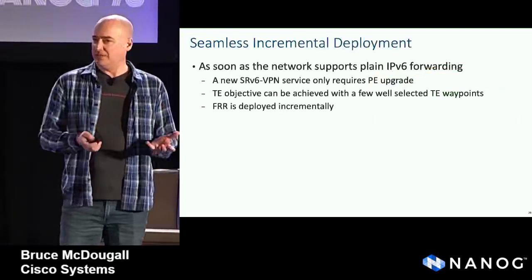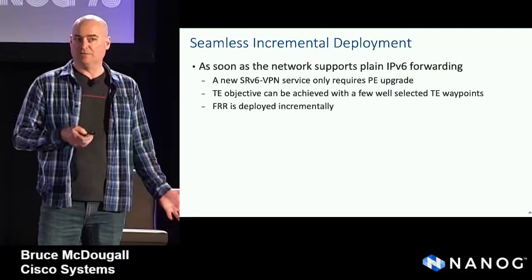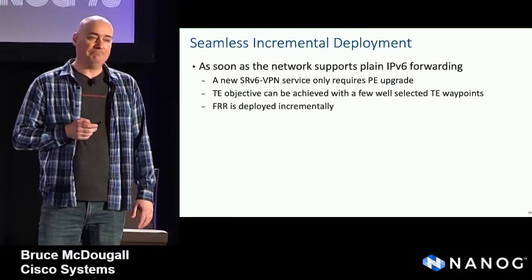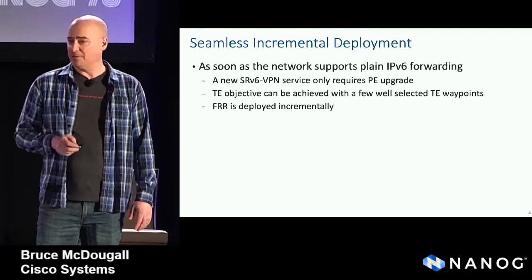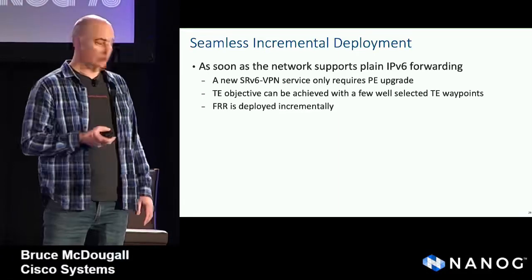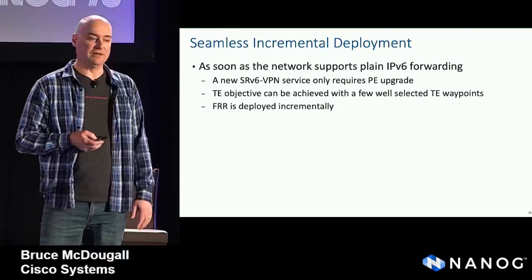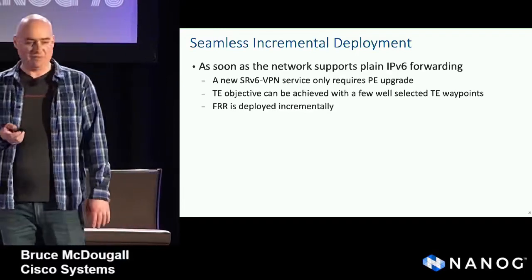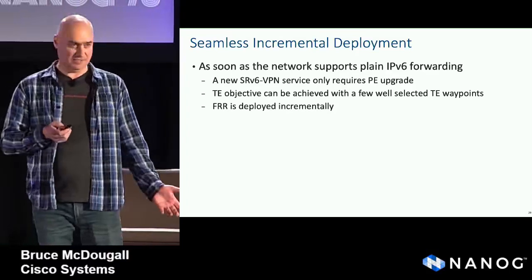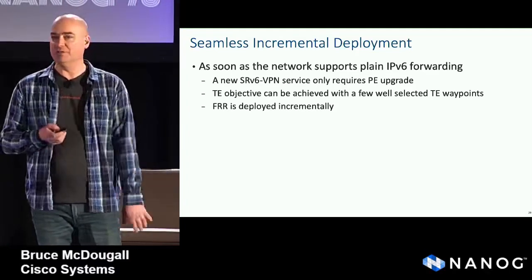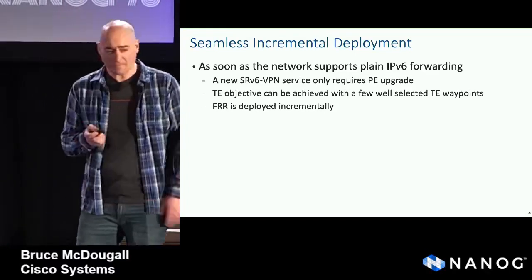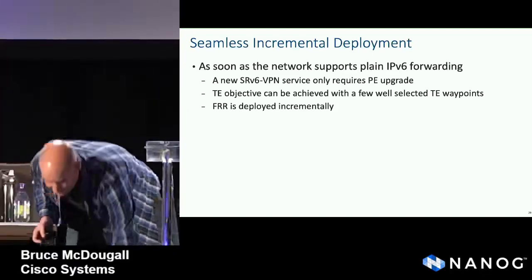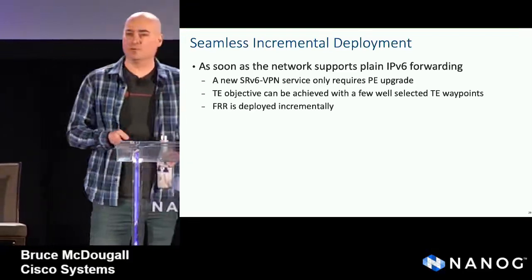This is a use case. This is kind of a brownfield introduction of the technology use case. So if the network supports plain IPv6 forwarding, then one can introduce SRv6 in that network. So introduction of SRv6 driven, say, VPNs can be done via upgrading the PE nodes that are participating in those SRv6 VPNs. The middle boxes, the P nodes that are in between, they just need to perform v6 forwarding itself.